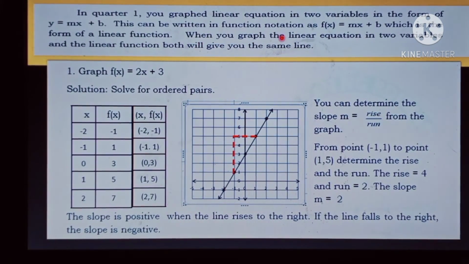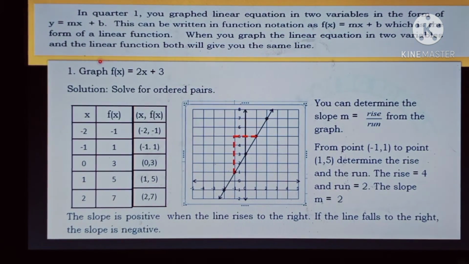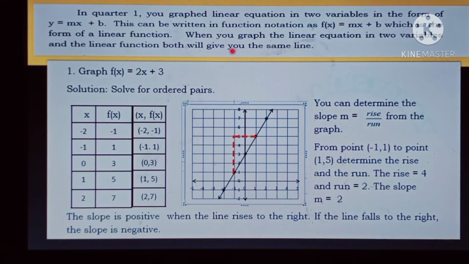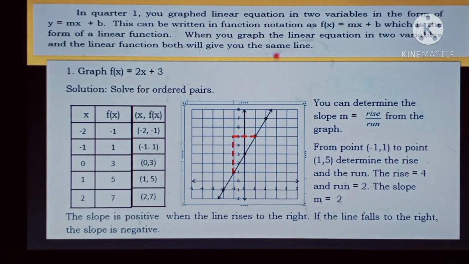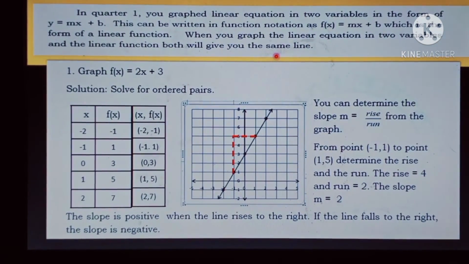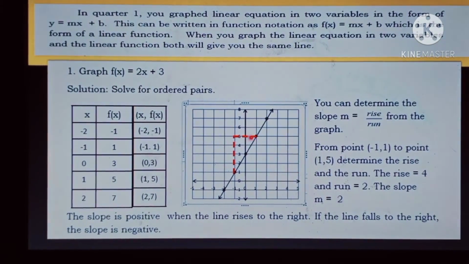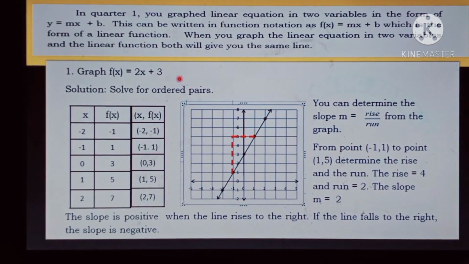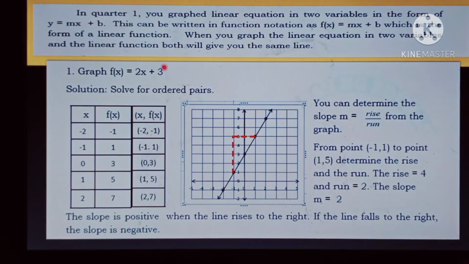When you graph the linear equation in 2 variables and the linear function, both will give you the same line. Okay. So, naiba lang naman yung tawag kasi naiba na yung process. But, you still have the same graph, straight line. So, for example, graph f of x is equal to 2x plus 3. So, if you have 2x plus 3,